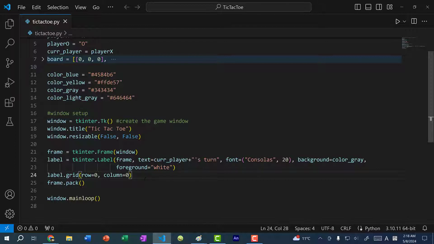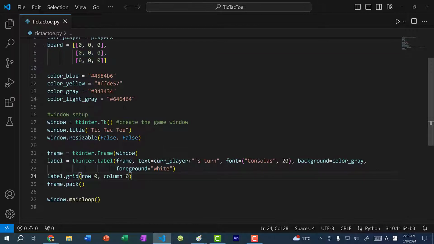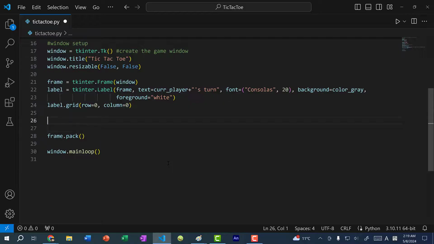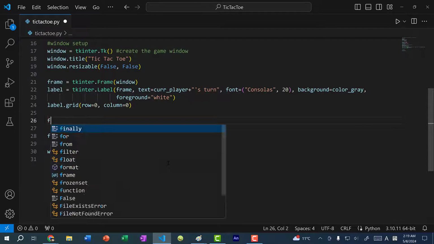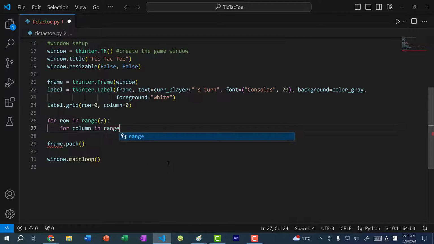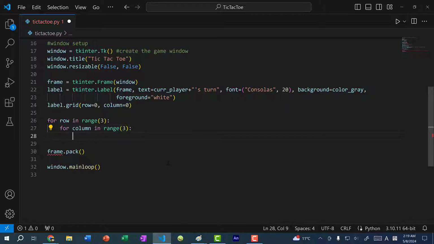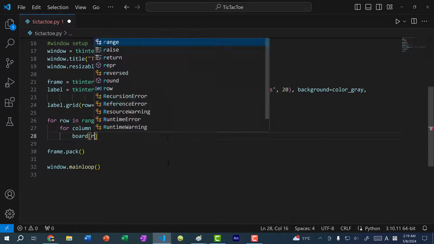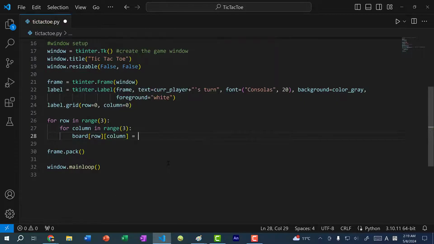Now let's add the 9 buttons for our game board. And here I just initialize each one to 0, but we're going to do a double for loop and assign each one a button. So we're going to change the 0 to a button. So let's do a double for loop. So for row in range 3, for column in range 3, I'm going to do board at index row column, and I'm going to assign it